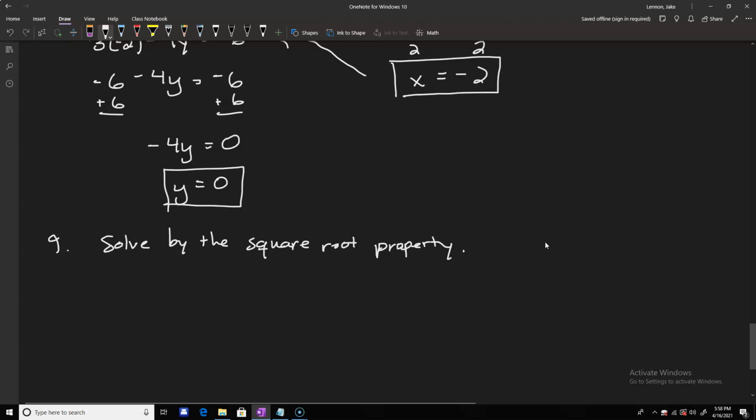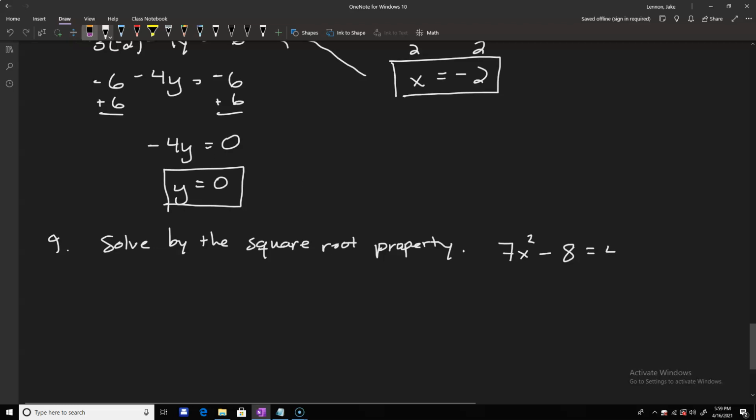So remember, the square root property says the solutions to... so, square root property, I'll just recall it. Let me write down the equation, then we'll review the square root property. Let's say we have 7x squared minus 8 equals